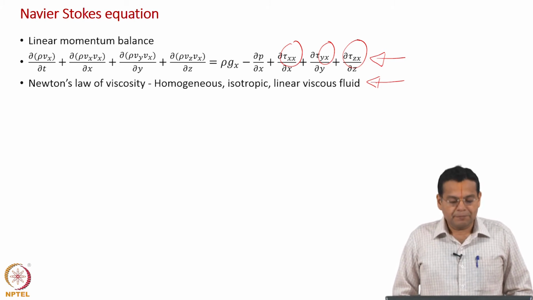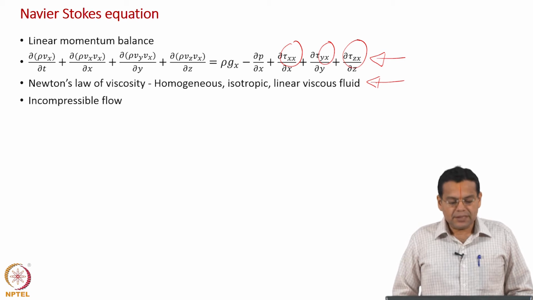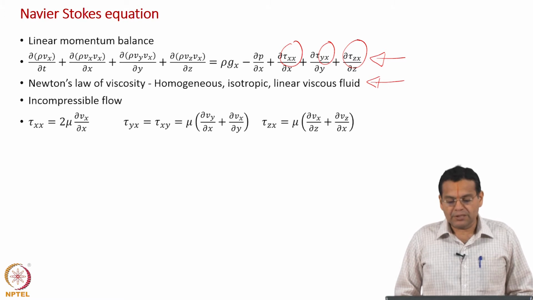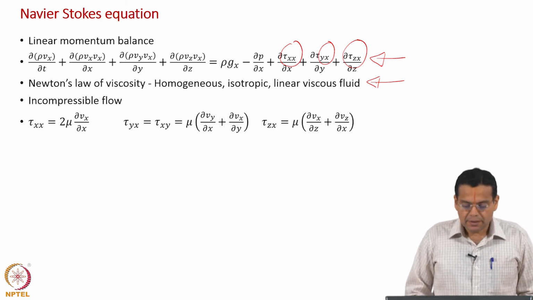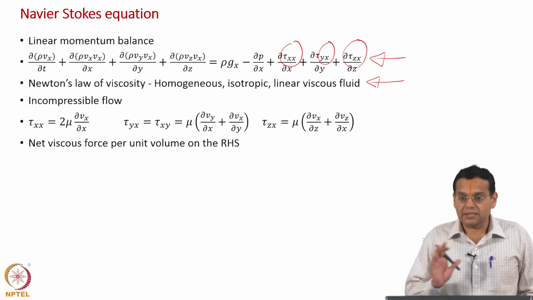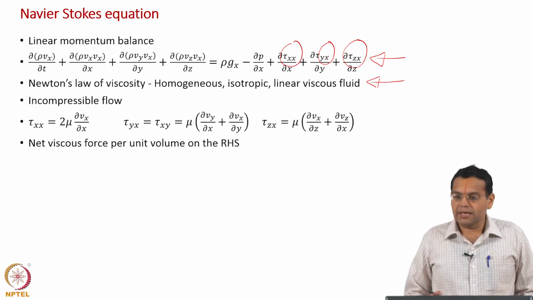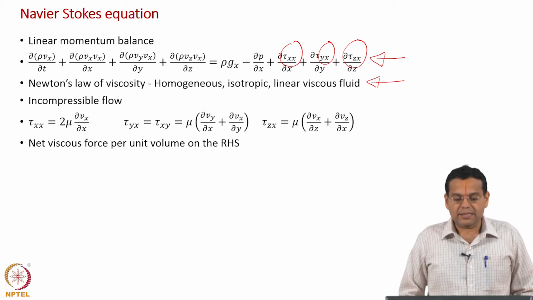On top of that, we are going to restrict only to incompressible flow. The Newton's law of viscosity that we have written had a term for compressible flow as well, but we are considering only incompressible flow. So, one more assumption added to the above list. Now let us write down Newton's law of viscosity for incompressible flow. We had 6 equations, we require only 3 of them, because there are only 3 components appearing in the x direction linear momentum balance.